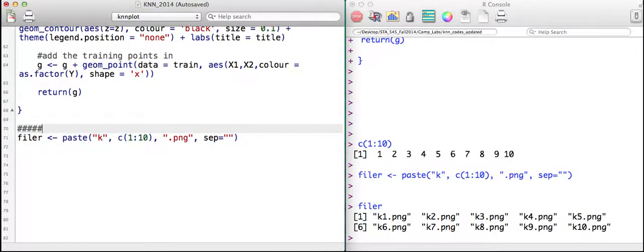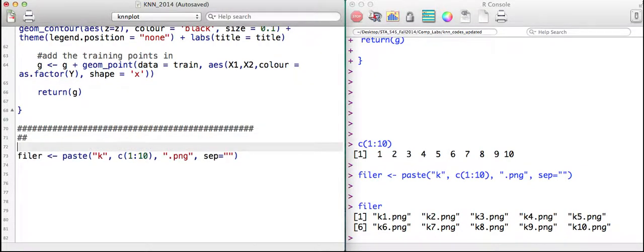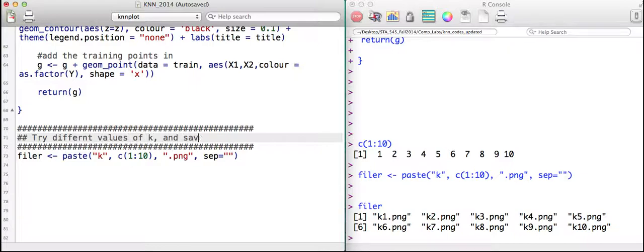So what we're going to do in this final piece is we're going to actually try different values of k and save them into a directory. Okay? And to do this, we're going to use a for loop. So imagine if you want to do something for k is equal to 1, you want to do the same thing for k is equal to 2. The only thing you're changing is k. So it's really easy to think about this. Might be your first for loop. For I is in 1 to 10,